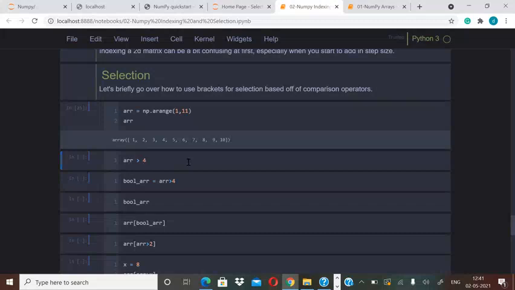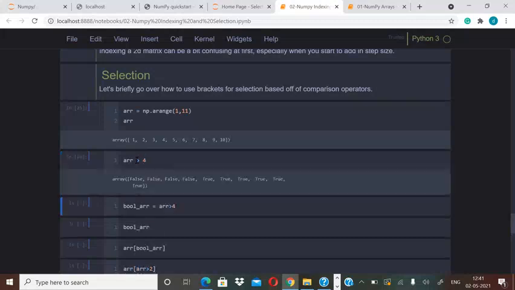Okay, now see it very nicely. ARR greater than 4 would give me true wherever the condition is true, and wherever the condition is false, element wise, it will give me false. Now, if I want to create a new Boolean array like this,